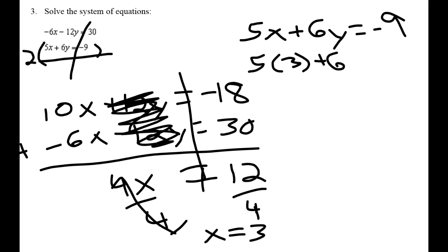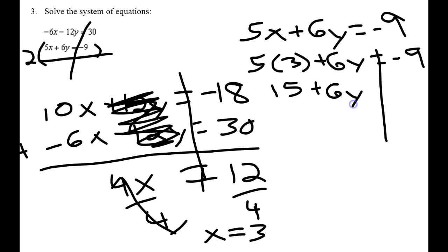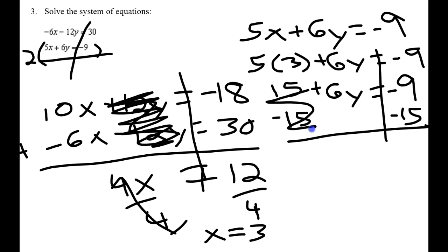So I have 5(3) + 6y = -9. I'm solving for y, so I draw my line. 5 times 3 is 15, plus 6y equals negative 9. To get that y by itself, I'm going to move the 15 over. And I have 6y equals negative 9